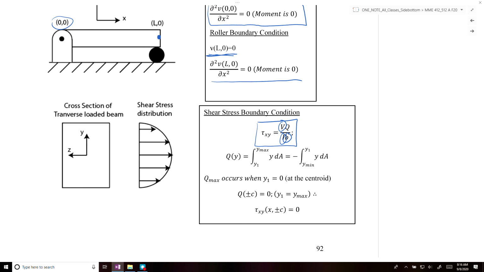So the only variable if you have a continuous cross-section beam is Q. So Q is the first moment of area, and you can solve it using this equation here. So Q max occurs when y1 is at the centroid, but the thing that's most important for you to know is that at the edges of the beam, so this is at plus c and minus c, so when y is equal to plus c or when y is equal to minus c,